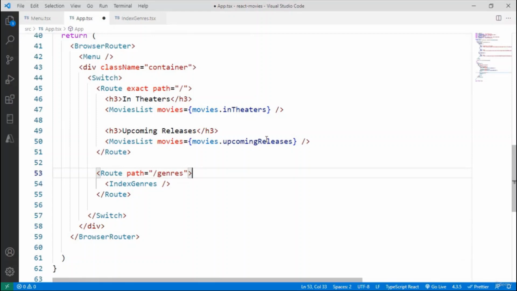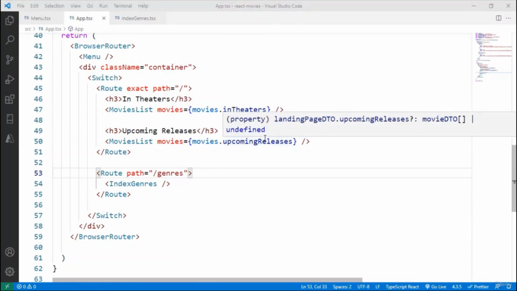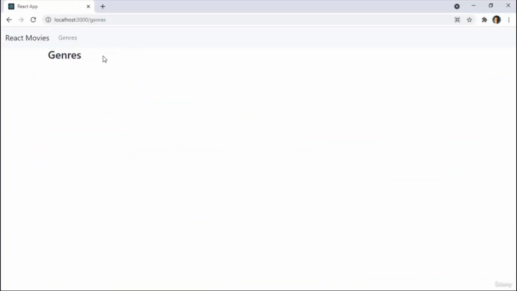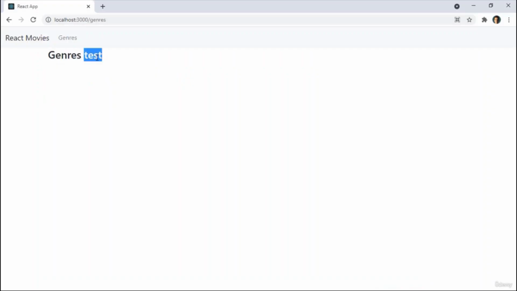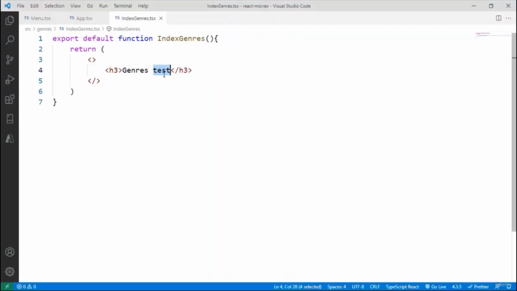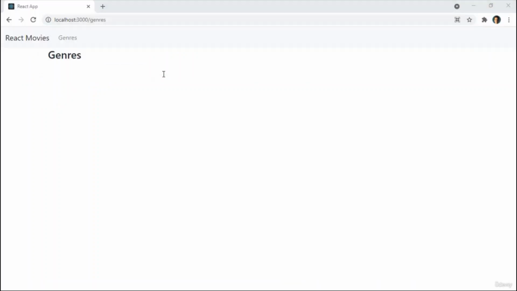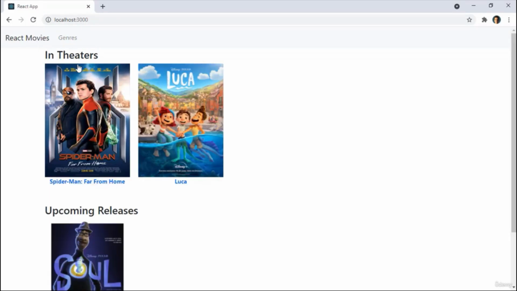Let me press Ctrl S to save my project, and let me come back to Google Chrome. And as you can see, we already got genres here. Remember that genres is what we are displaying here. Let me make a test. Let's say test here, save. And as you can see, we have test here, which means that indeed it is the IndexGenres that we're showing here. And not only that, I can go back to our root page and it shows the list of movies,